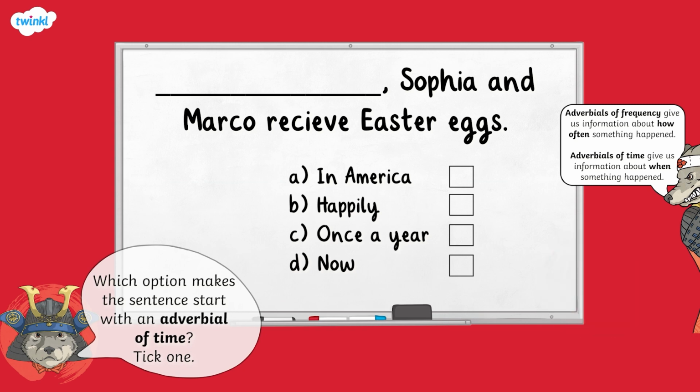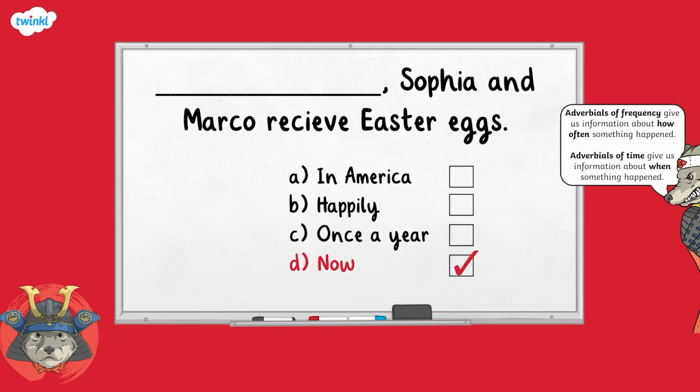Well done, it was now. This tells us when Sophia and Marco receive the eggs. For our final activity, you are going to tick the sentence which has both an adverbial of frequency and an